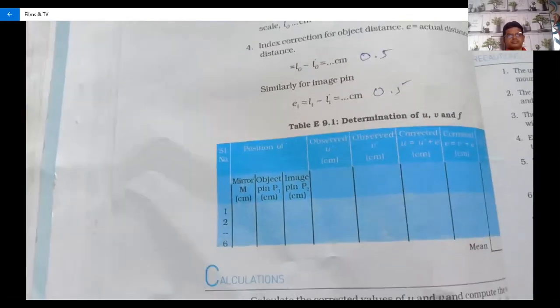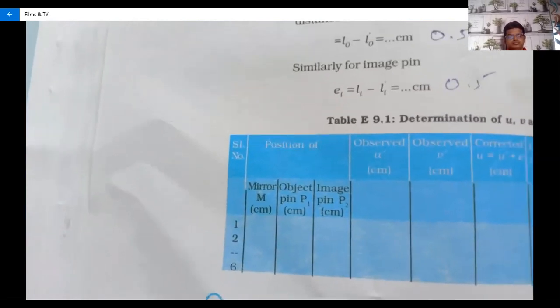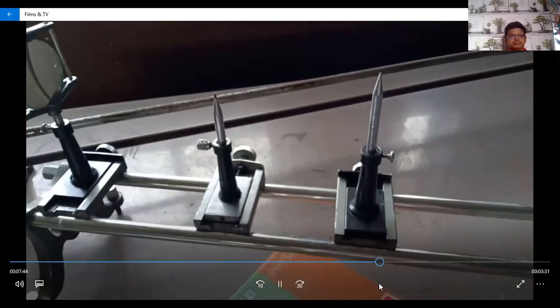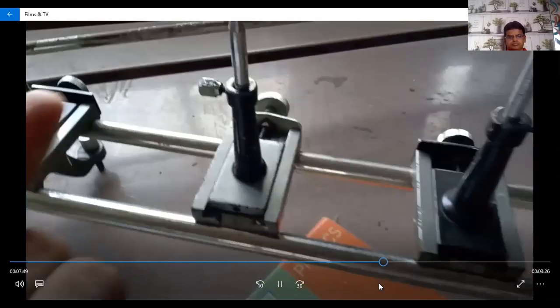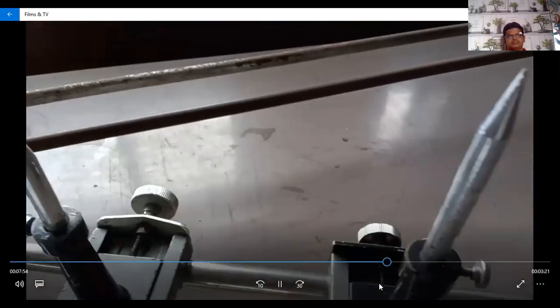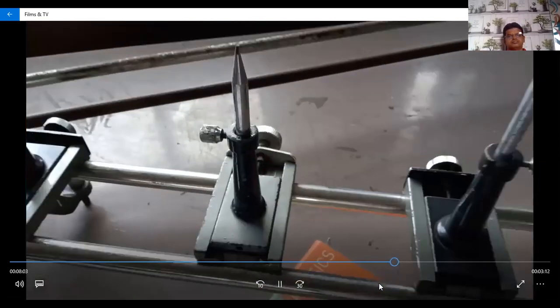So now we solve a table. We want three values: the mirror, the object pin and the image pin. So first we put the object at 0. Now we have one pin. Then we put a second pin, because we want two pins, object and image. So first we find the image of the given pin. This image we set on the given specific pin, and on that basis we note down the readings in our record book. So first we found the image of the given pin, the first part being the focal length.